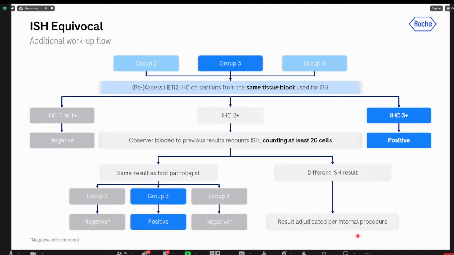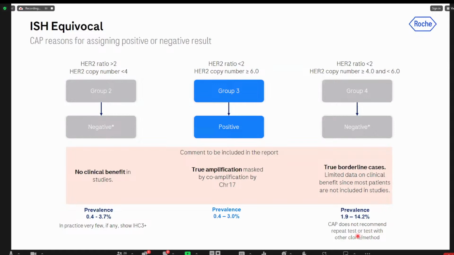with another test. So if you're doing the dual-ISH, it will not help to just do a FISH instead. It's really more about understanding the individual tumor than just trusting different assays. Because there are, for biological reasons, samples that will fall in these equivocal groups. And instead of just by chance doing another FISH or something else, putting them in one group or another, we should trust the data, and we should trust the information from clinical